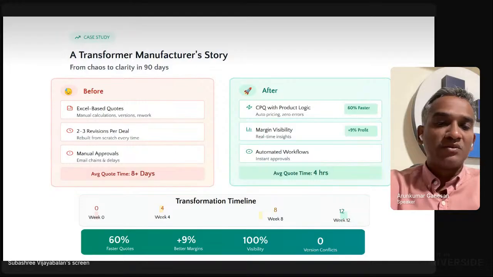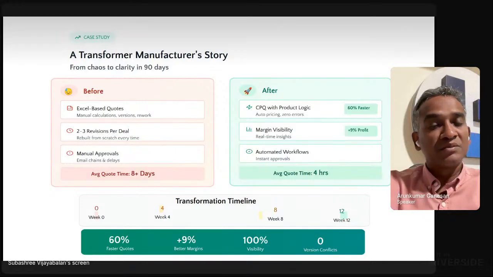So we were able to issue 60% more offers to the customers, and they have boosted their margin by at least 6% to 9%, because wherever they were making low margins, the margin has increased, right?